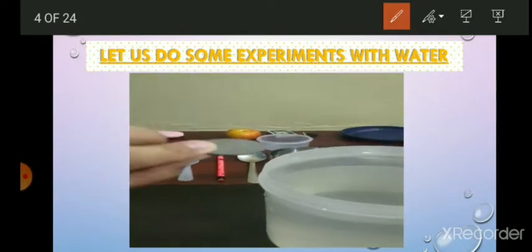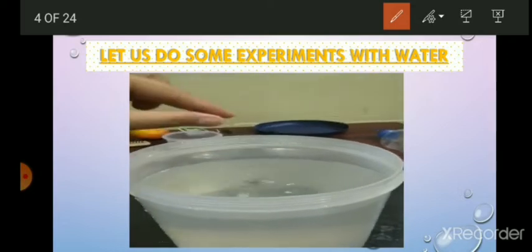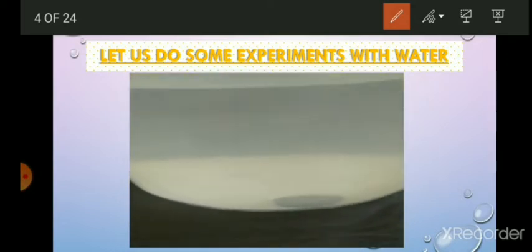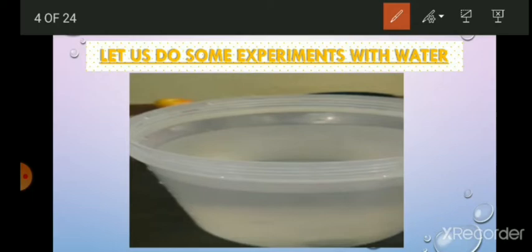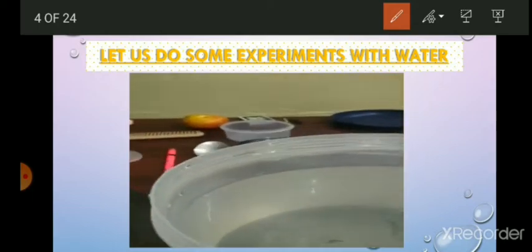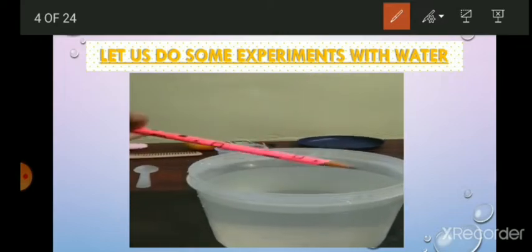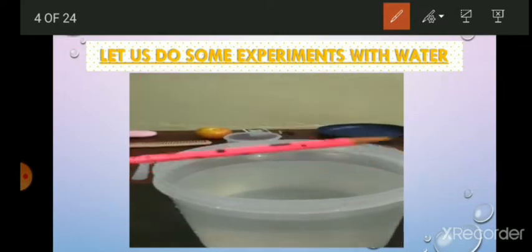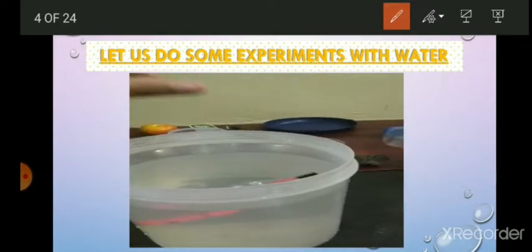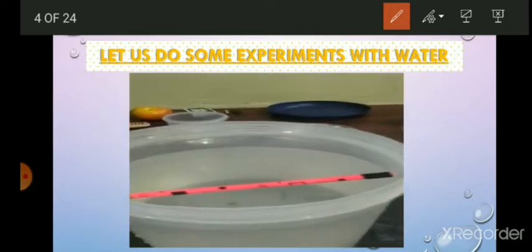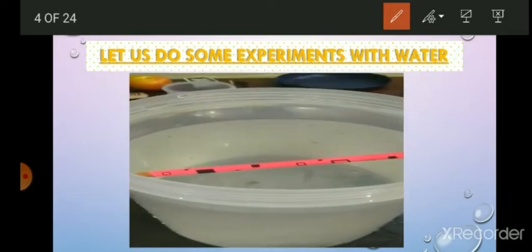Now, this is a coin. When I put the coin inside, it sinks to the bottom. Next, this is a piece of wood, a pencil made of wood. When we put it in, it floats. Pencil floats on water.